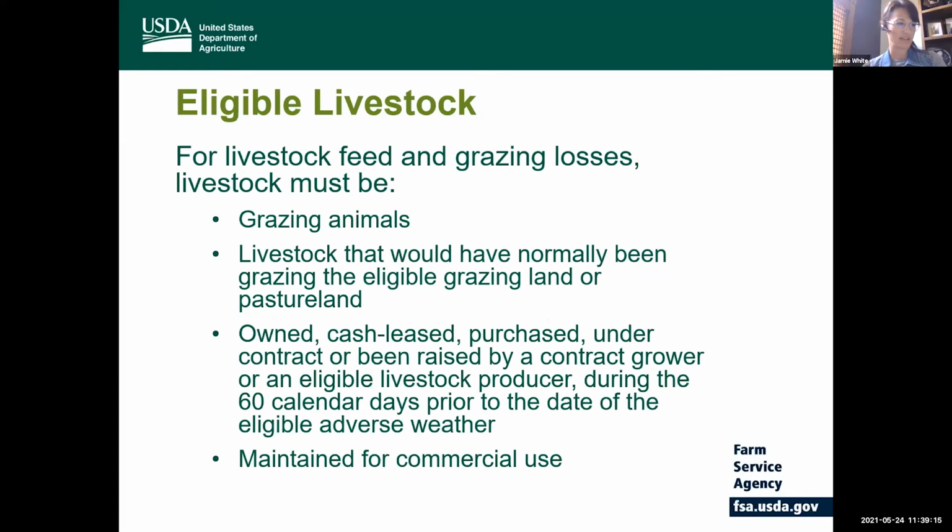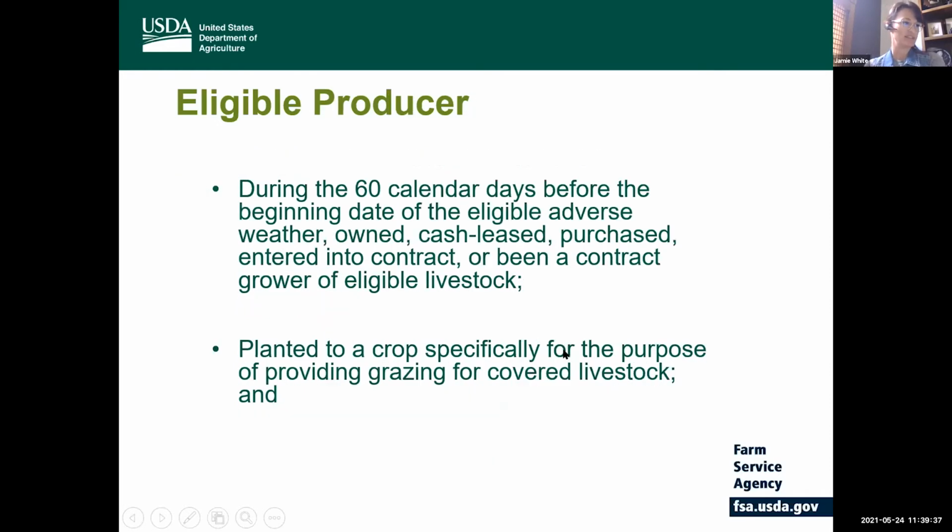And again, we're looking at livestock that would have normally been grazing during the eligible grazing period on the grazing land or pasture land, must be owned, cash lease, purchased under contract, or been raised by a contract grower during the 60 calendar days prior to the date of the eligible adverse weather event, and they must be livestock maintained for commercial use. To be an eligible producer, and we have some timeframes that are a little bit different under ELAP here,